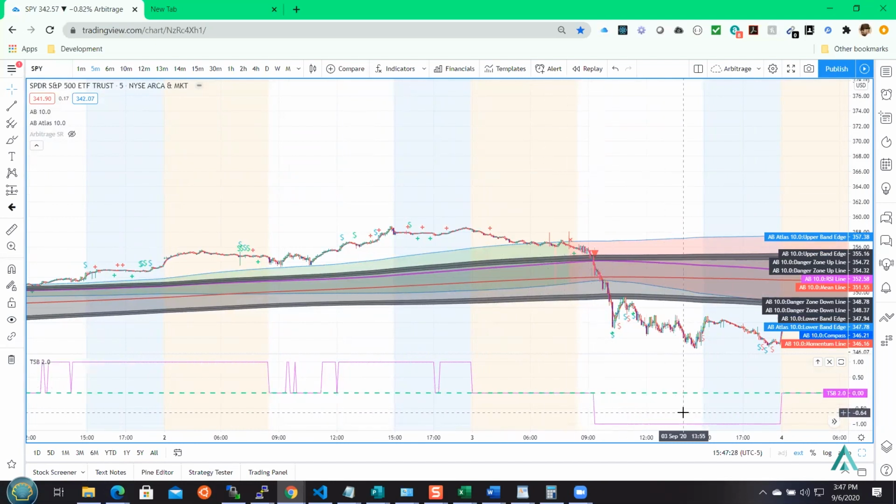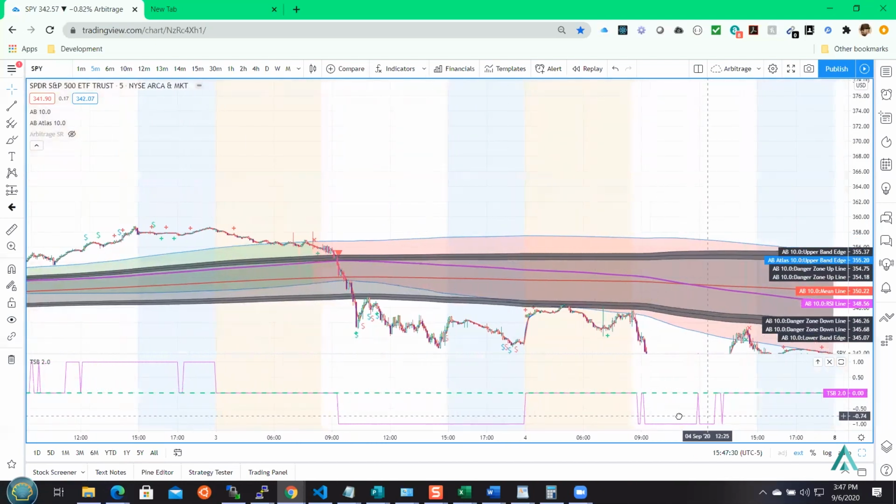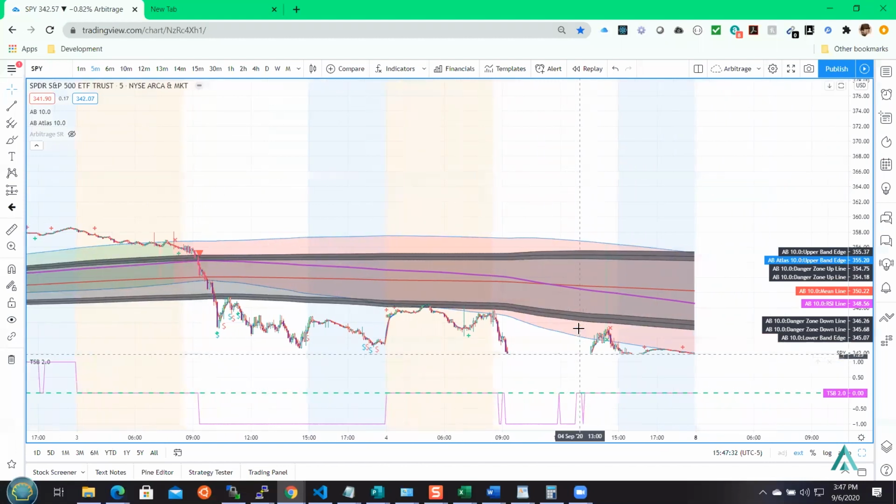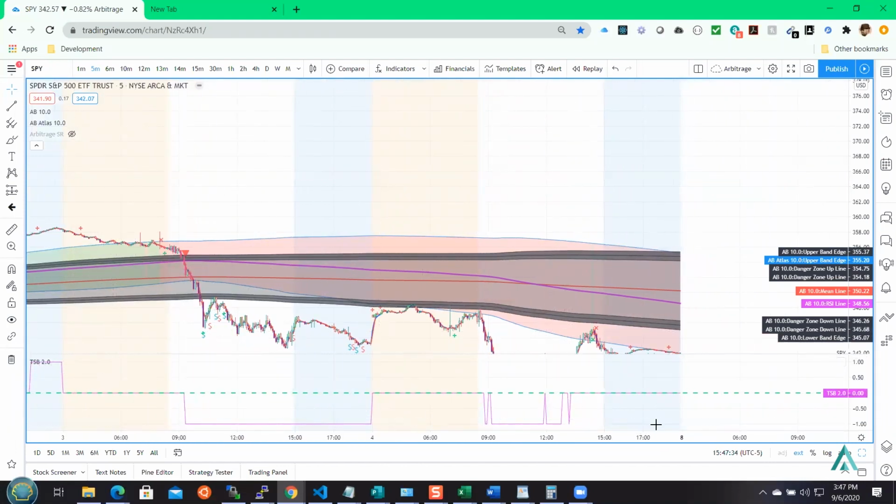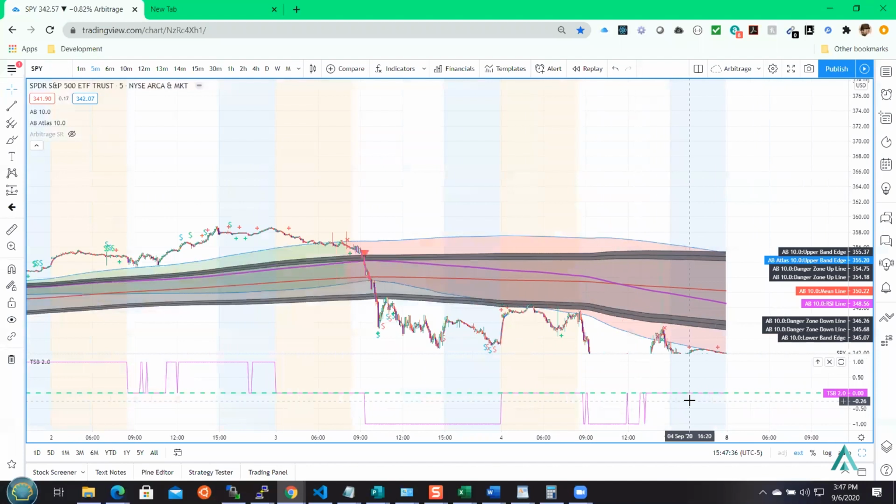It chose down, and we ride down. And as long as it stays down, you stay down. Notice it didn't go back up, and it still hasn't gone back up. So you had lovely pockets to be able to say, okay, I'm going to catch this one. Okay, I'm going to catch this one. And basically, we're just trying to make you guys a little bit more efficient with your time and the use